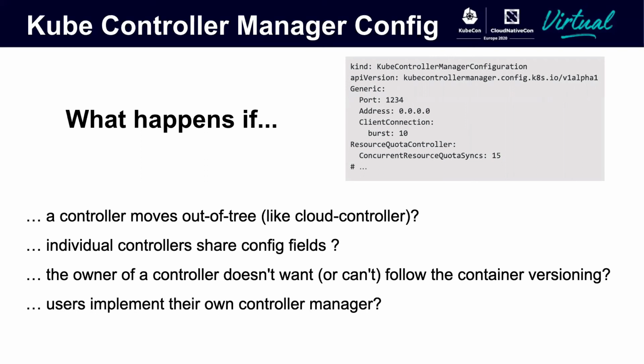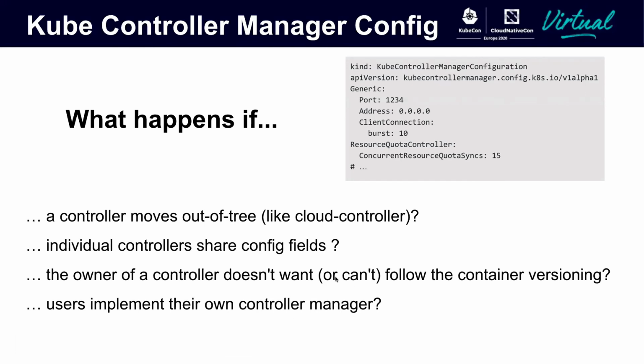And then again, what happens if controllers share config fields? I think I looked at it, and there are about 10, a little bit less than a third of the controllers we have in the controller manager, that actually share some configuration fields. So we need to deal with this. What if we have a single controller which we don't want to start from the controller manager? How do we build a component config around that? Or what does it mean for our YAML file?